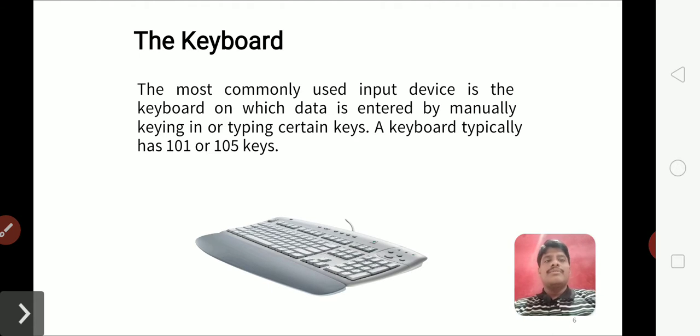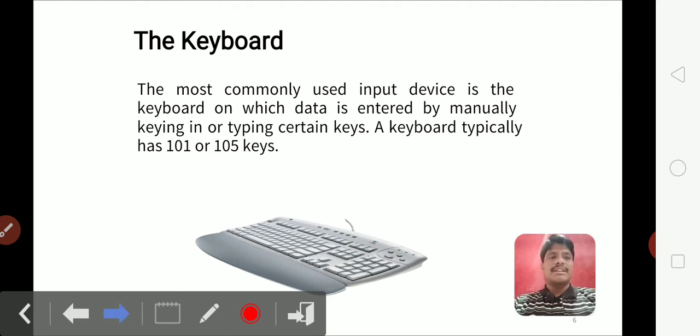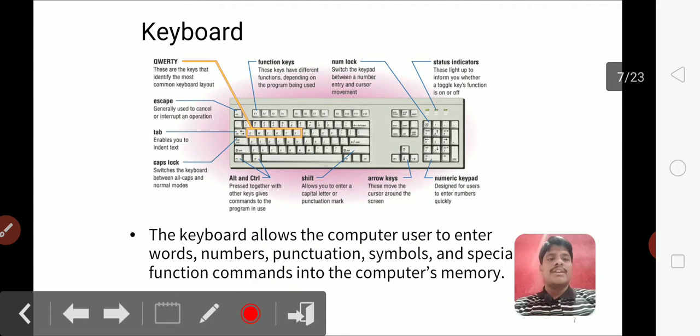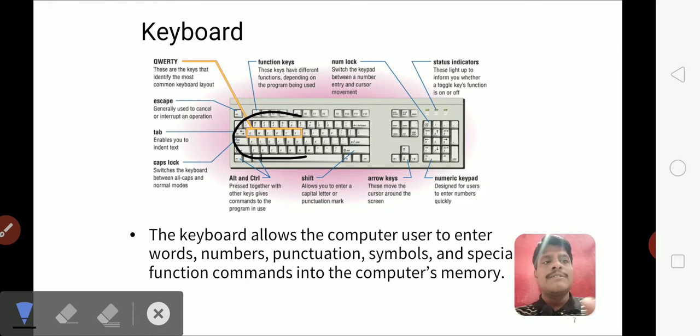Apart from that, we have the generalized keyboard structure, which you can observe in this diagram. This particular keyboard is termed a QWERTY keyboard. Why the name QWERTY? You can observe the indicator here: these letters have been taken to name the keyboard itself. So that is nothing but the QWERTY keyboard.